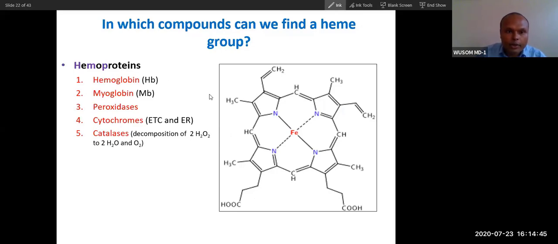This slide represents the heme proteins. I have already discussed what a heme protein is: proteins containing a heme group are called heme proteins. So hemoglobin and myoglobin are heme proteins, and we will study them in detail. In addition to these, there is a very important heme protein that I promised in the last class that I would tell you about.